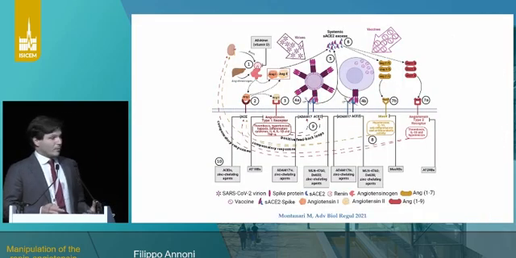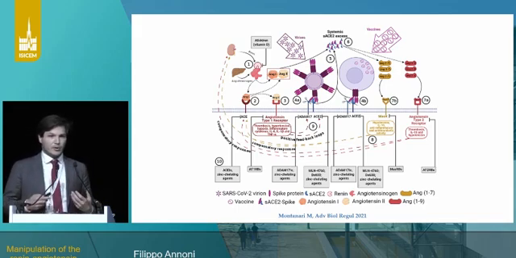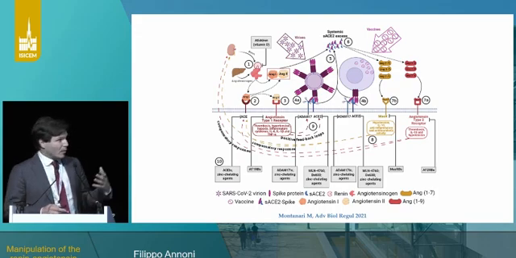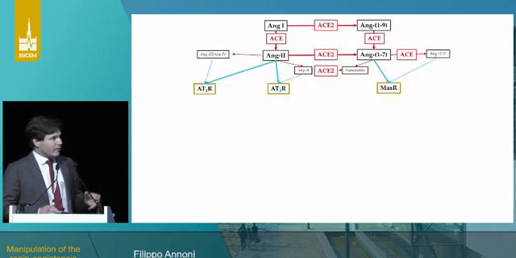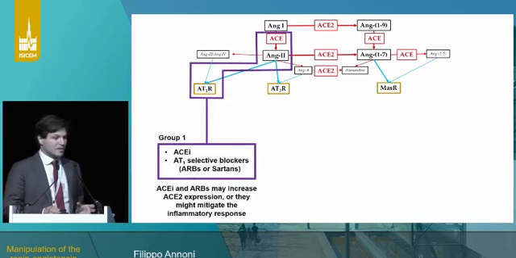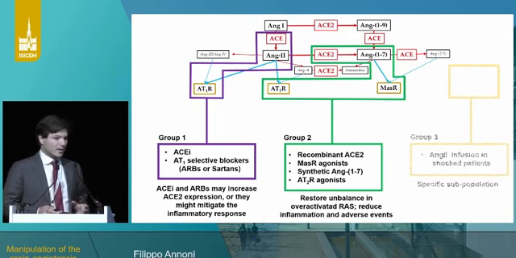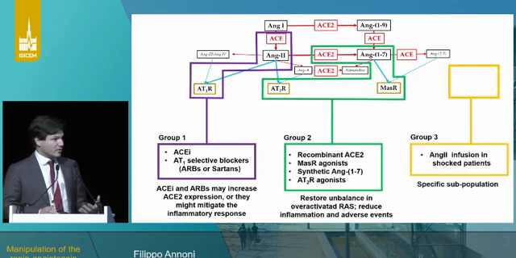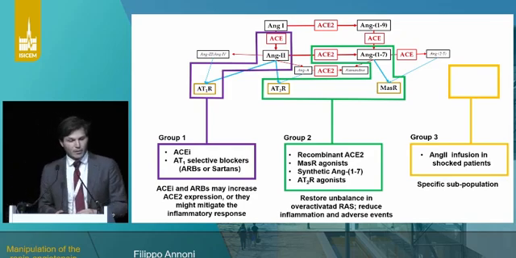To be complete, someone has also postulated that it might be the feedback mechanism, so the enzymes that actually produce the symptoms of the disease. But I will not talk about this interesting hypothesis because no clinical trials are currently investigating it; it is very recent. For the sake of simplicity, we can regroup RAS manipulation into three groups. A group of studies that seeks to block the so-called classical RAS, a group of studies that seeks to boost the so-called alternative RAS, and a third group in which effectors of the system have been manipulated but not proposed as specific COVID-19 therapies.